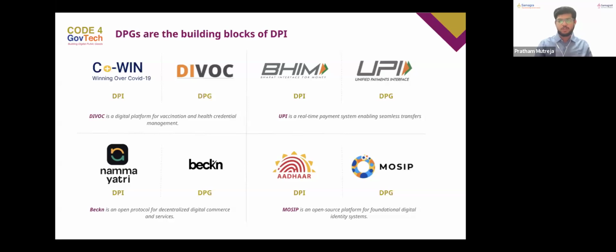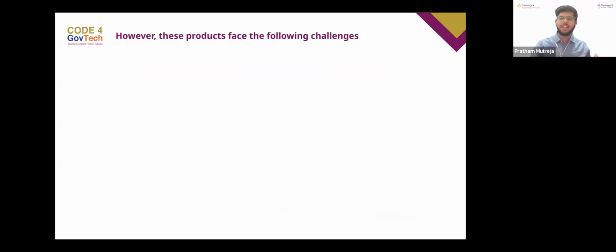So these are open source pieces of technology which are helping improve our lives, making our lives easier. For example, someone who has an Aadhaar card finds it easier to get benefits from the government as compared to a person who does not have one. So these pieces of tech are making lives easy for people at a population scale, but till now, I'm sure that many of us would not have known about it. And this is where C4GT comes into the entire picture.